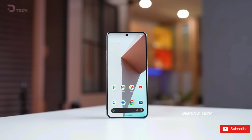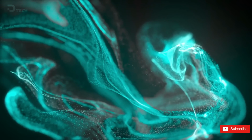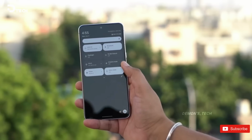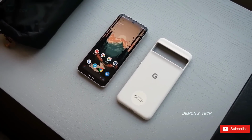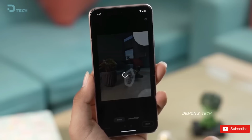Ultrasonic sensors don't need to light up the part of the display that your finger touches in order to scan your print, and are also generally faster and more reliable than optical ones. So this is a good step forward, and ultrasonic sensors also work if your finger is wet. The Pixel 9 Pro Fold will stick with a side-mounted capacitive sensor embedded into its power button, according to the